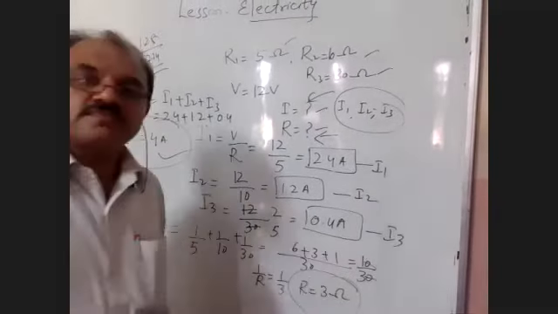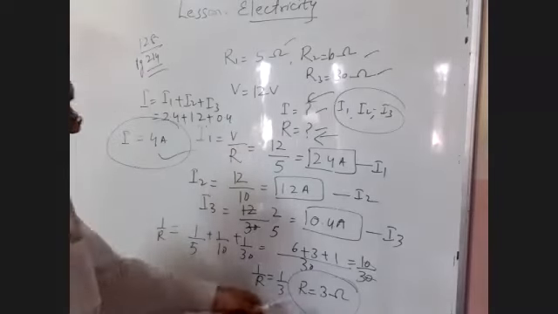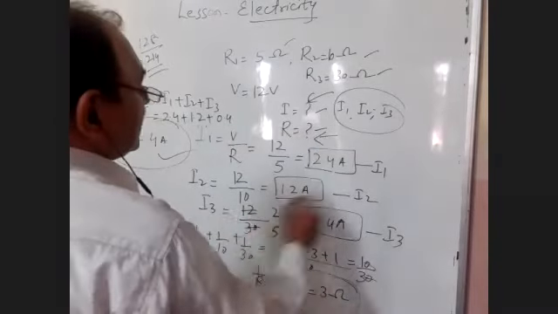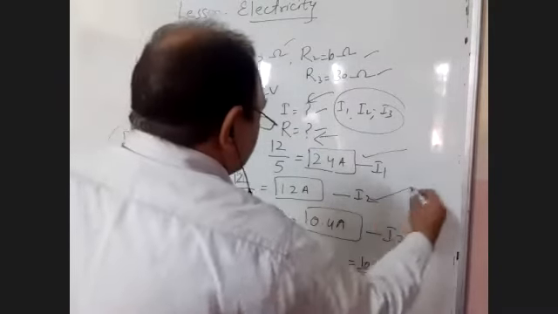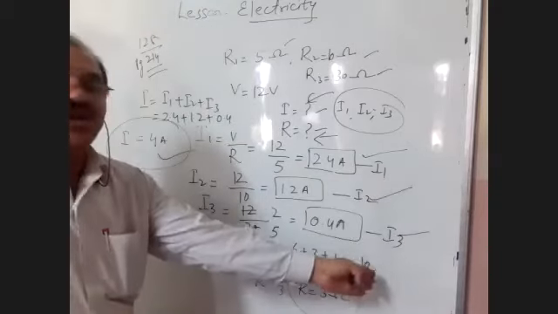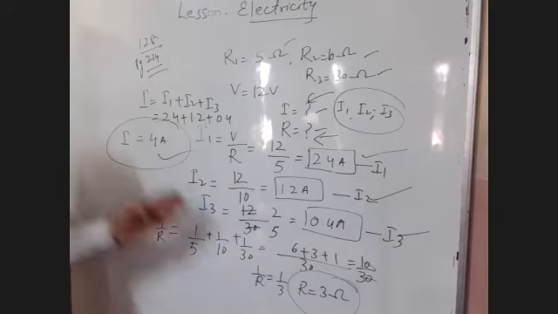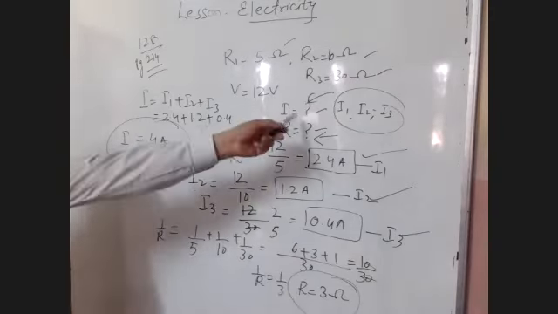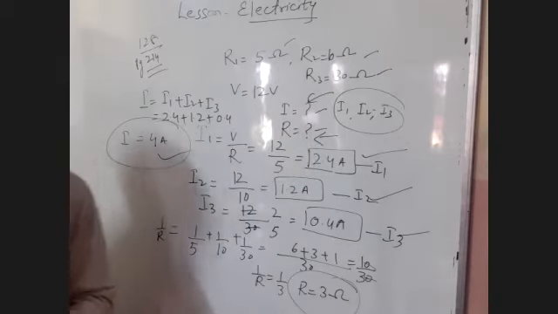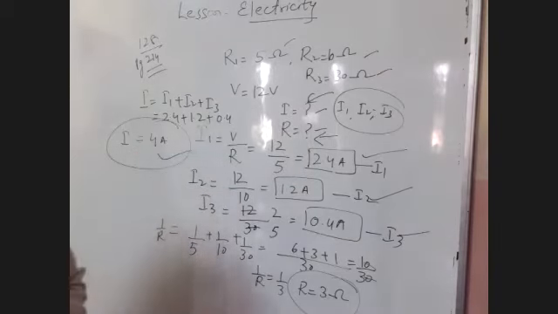Hello. Now, the first answer is the current value of these three currents, the second answer is 4 ampere, the total current, and the third is, when they are connected in parallel, it is 3 ohm, and when in series, it is 45 ohm. Clear, students? Is this question clear to you?